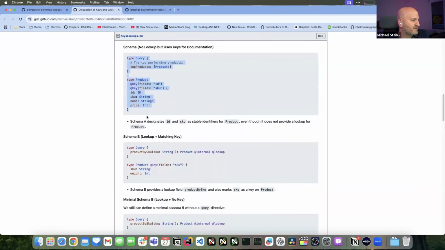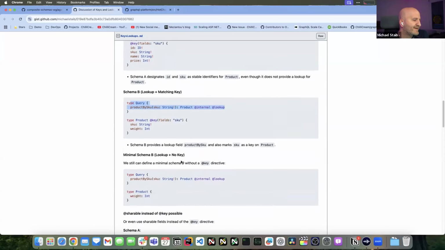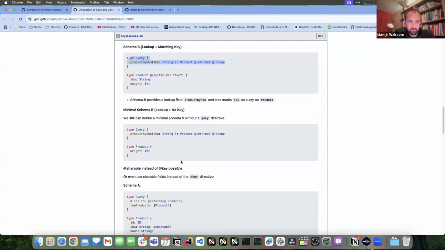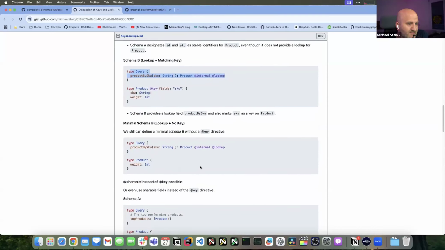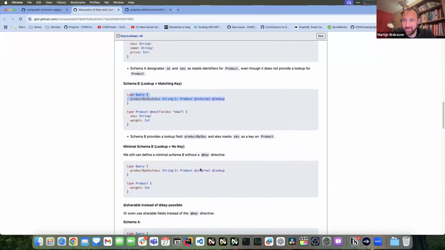But in general, we recommend that you always have a key for each lookup. Basically, this is our recommendation: that you have it on both subgraphs, even if you don't have a lookup on this subgraph for the SKU, you still should have the key on both if you have a lookup here. Is that correct? Yep. Still, it's possible. Go ahead, Martin. Oh no, I just agreed with what you were saying.